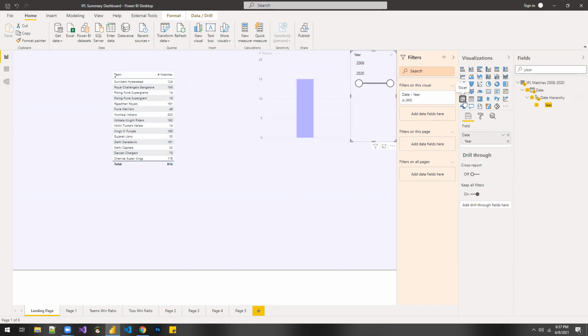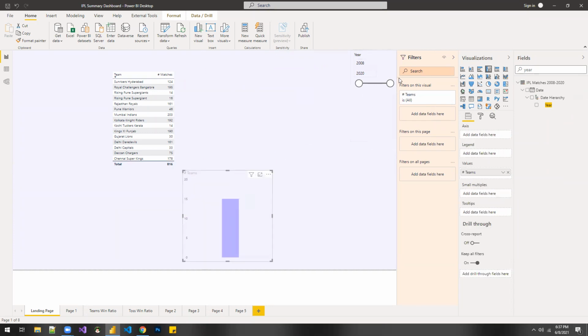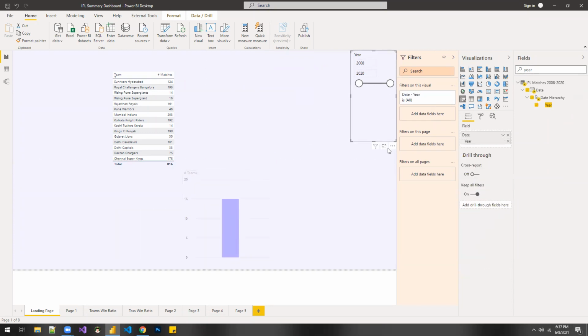So when I select this, and as I mentioned, each visual will have its own options. When I select this visual, we see we have the slicer icon, we have the focus mode icon, and then we have these three dots, which is more options, which we will be seeing soon. But within the slicer visual, we have this clear icon. So let's say instead of 2008, I filter to 2004, 2014. Then what I could do is clear the slicer, and it will go back to my default